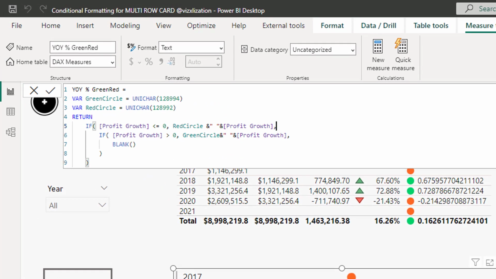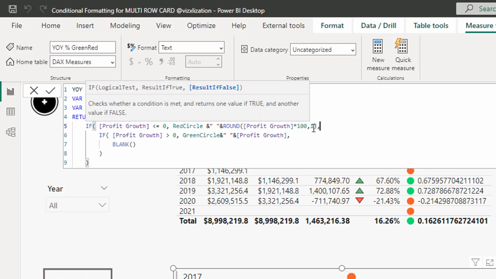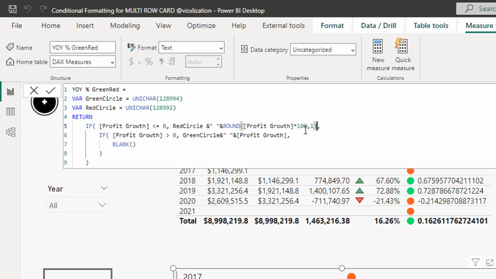So as you can see, this should be percentage. So what we need to do here is multiply this by 100. Check this out. And then once we multiply this by 100, we need to round this number as well, just one decimal. So let's do that. So we're gonna apply the round function, and then here, this should be just one decimal.